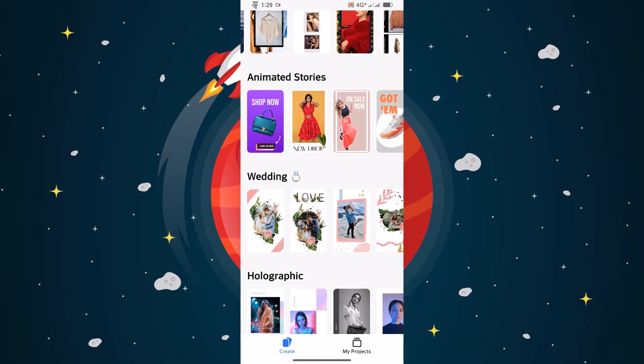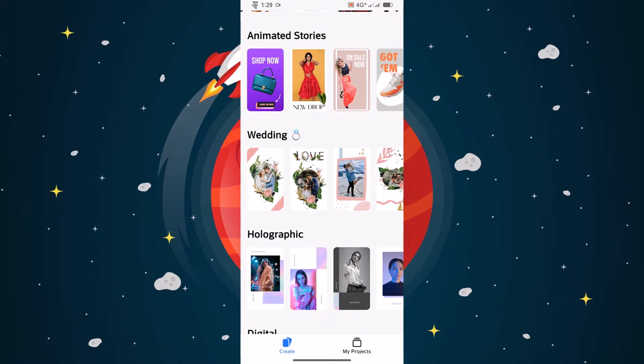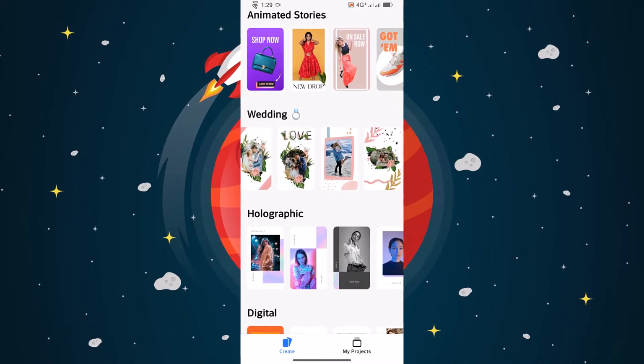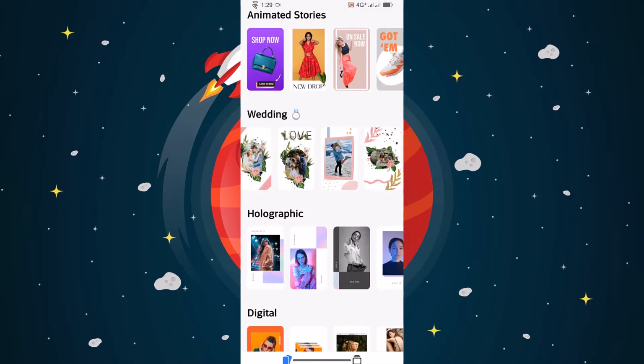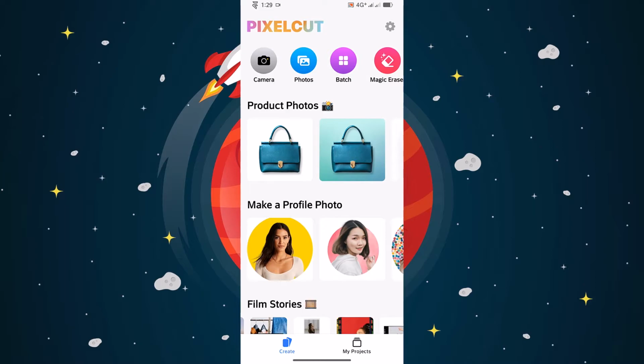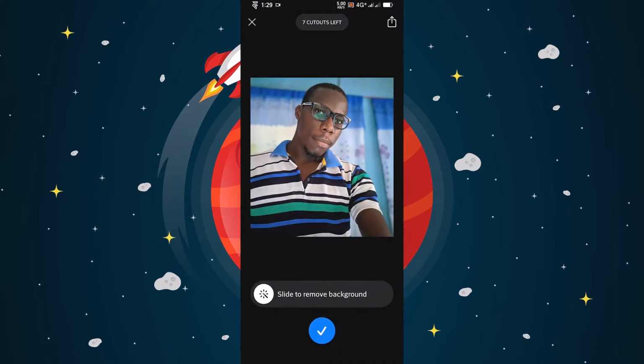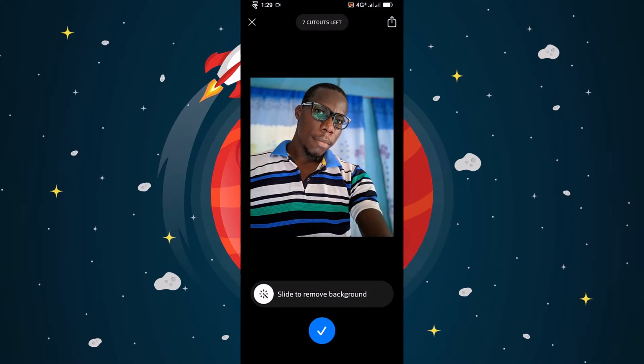So if you want to try maybe the wedding template, all you have to do is just click on it and make your picture transparent. Just put your picture in there and it will fit. So it will remove background from your photos. You just click on your photos, import your photos here. All you have to do is just swipe